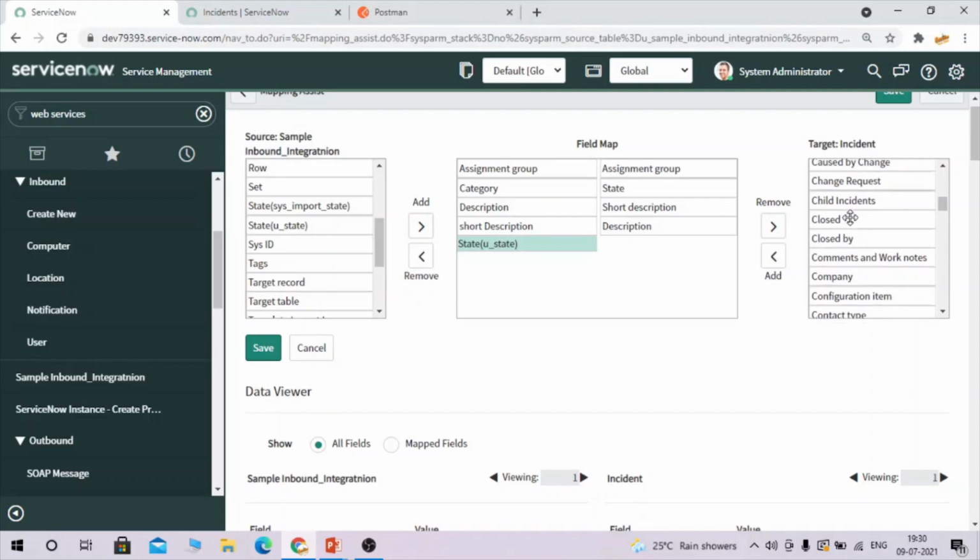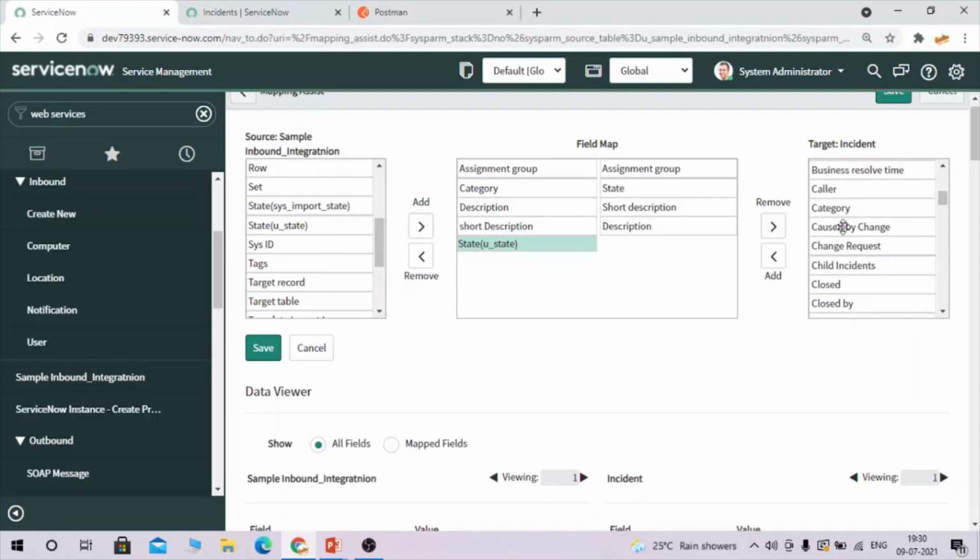Okay, this one. So now assignment group to assignment group, this category has to go here, description has to go here, and then the short description is state.